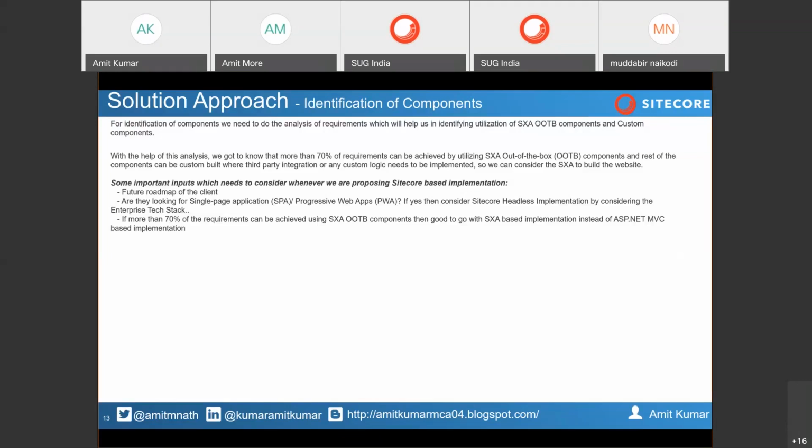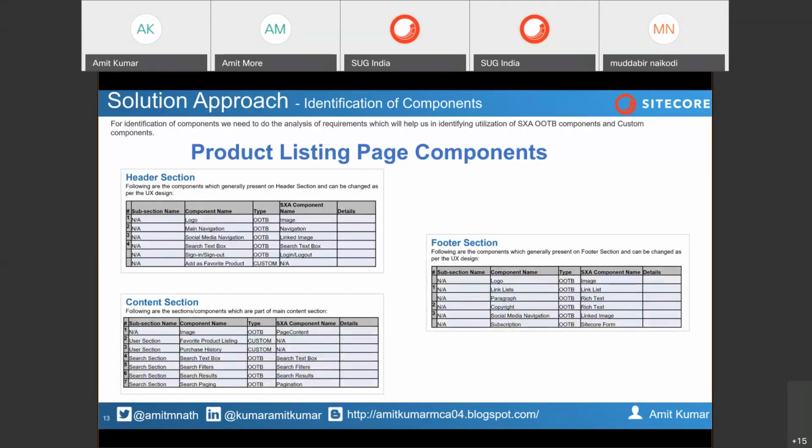For onboarding, first of all you need to build some sort of platform. You need to take one website as a base website, because you will create some sort of PowerShell script to onboard the other websites. In those cases, you need to build an inventory for each and every site. Here I have given the example of only two pages. The same way, every site will have more than 10 types of page templates.